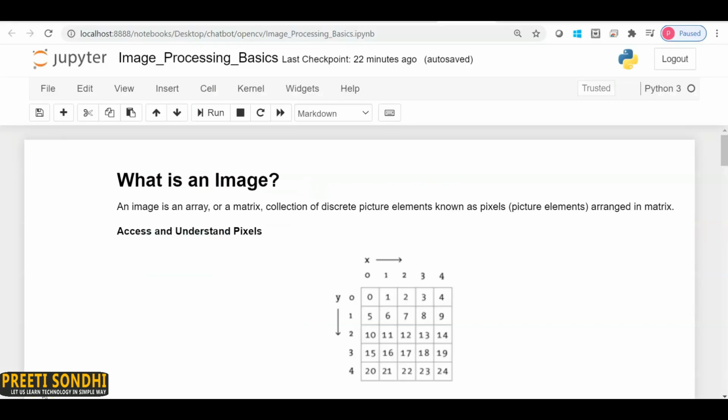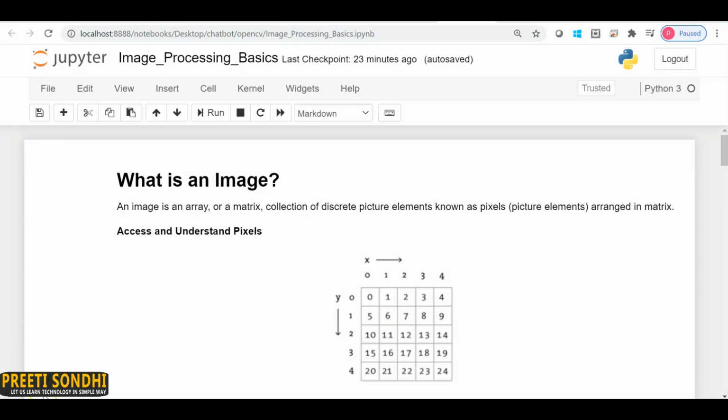So let's start with how we can process images in Python using the OpenCV library. Before starting, I would like to say that OpenCV is a free, open source library that is used in real-time image processing. It can be used to process images, videos, even live streams. But in this video, we will process images only as a first step, and then we will detect faces in the images. We will do other steps in future videos.